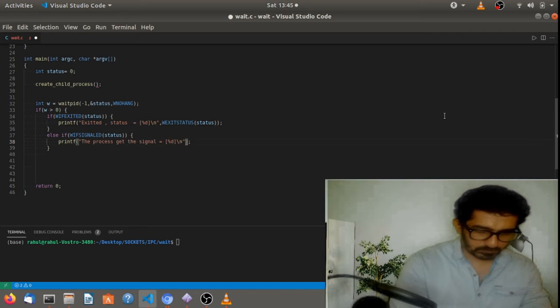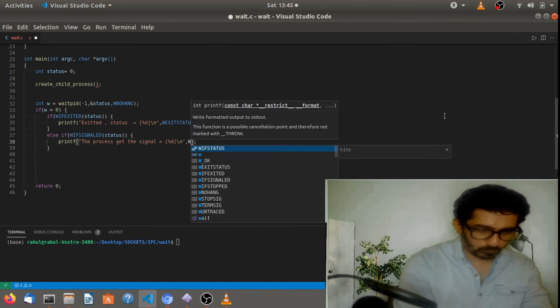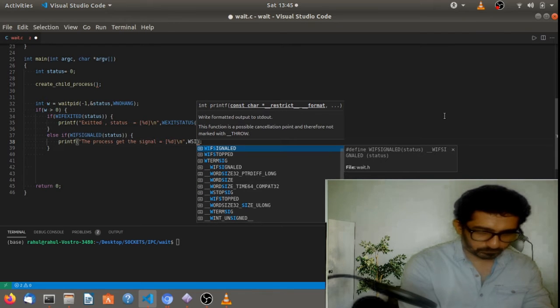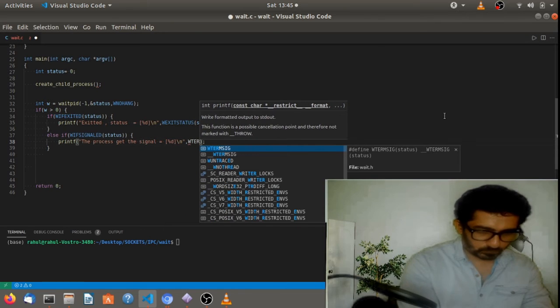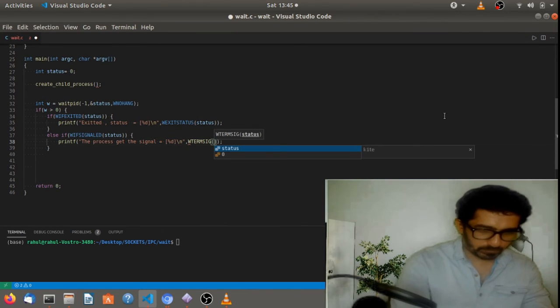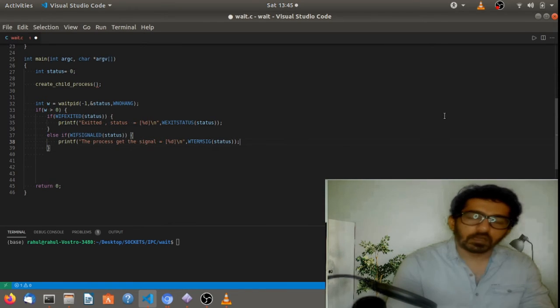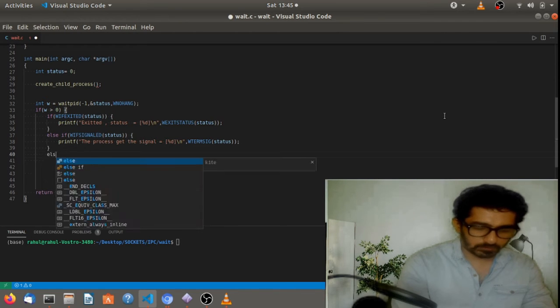There is one macro, WTERMSIG, and we'll pass the status here also. It will give us the signal number by which this child process was terminated.